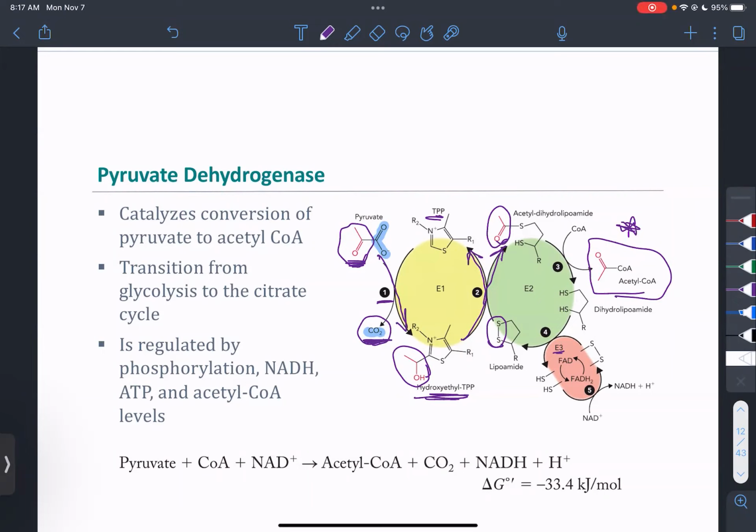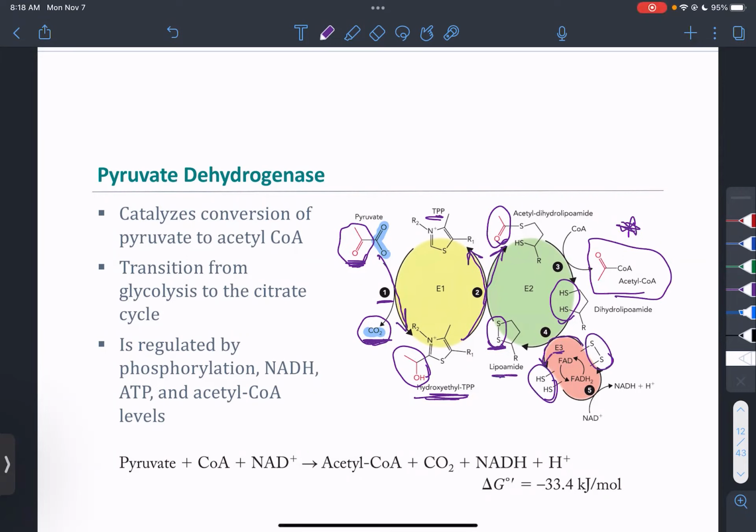Because we need to regenerate our disulfide bond, and we don't have that yet. So we're going to regenerate our disulfide bond. And it's done through a transfer of 2 electrons and 2 protons to a disulfide on the E3 subunit, right? So we had this disulfide on the E3, and now we've lost the disulfide, but we've gained it on the